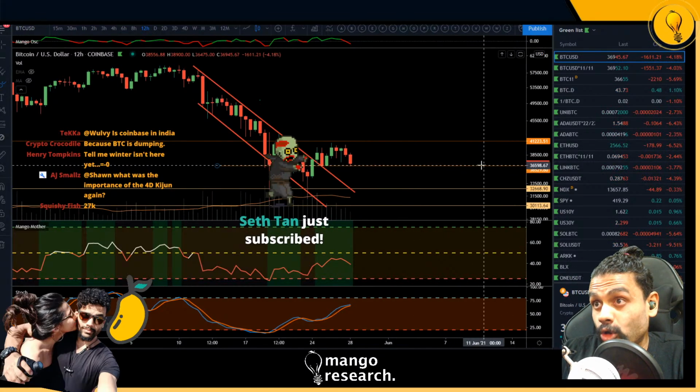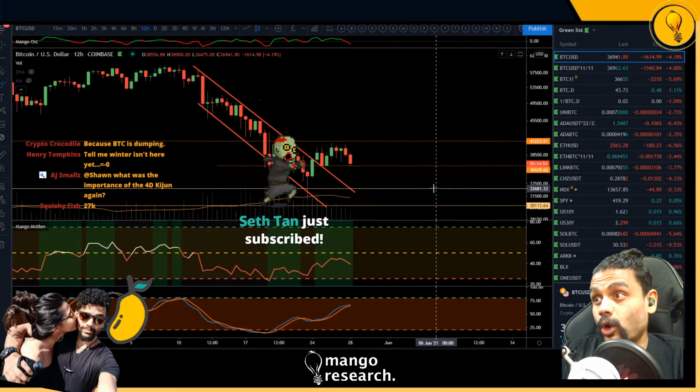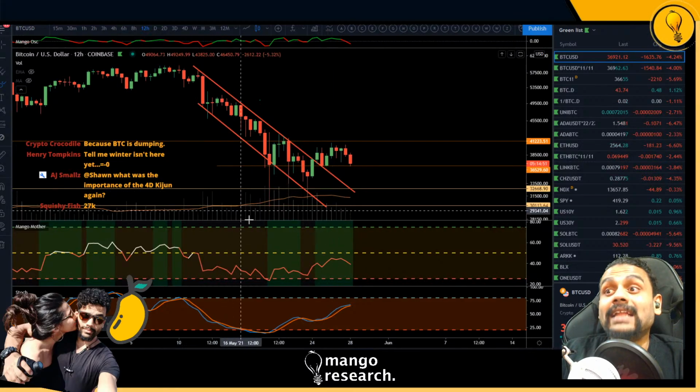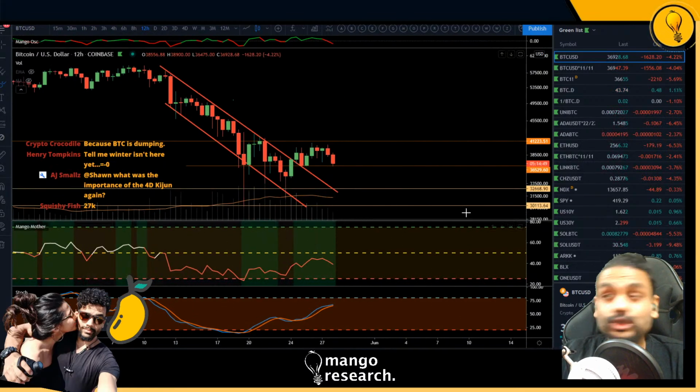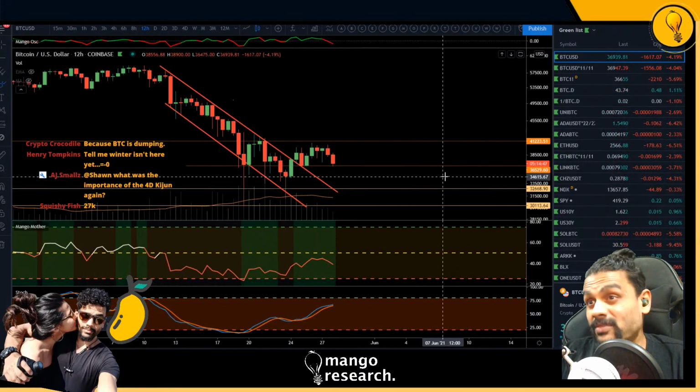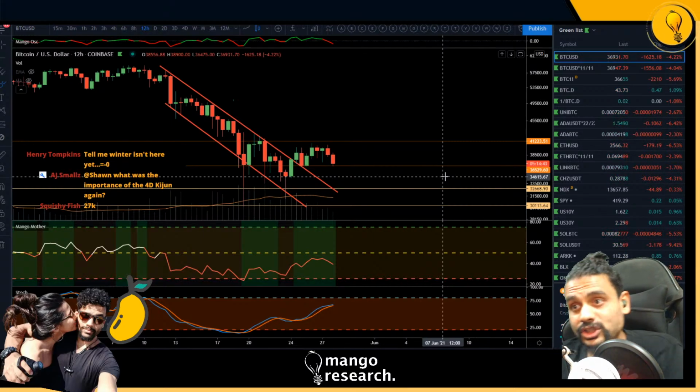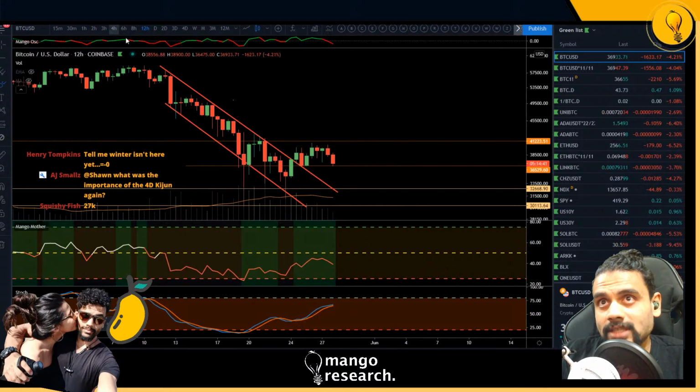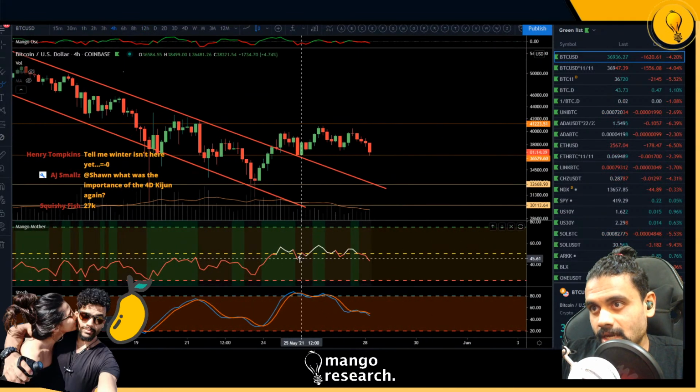And if we do close a 12-hour candle underneath 36,598, I will be looking for that move all the way down to the bottom of this falling channel that the bulls did break towards the upside. It's not going to be the best look, but at the same time, if the bulls do step in over here, we may see this flip into bullish divergence. Let's go ahead and look at the 4-hour time frame. Is there a chance of any bullish divergence playing out over here?